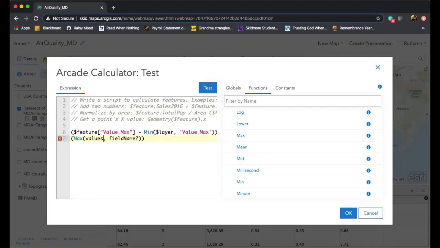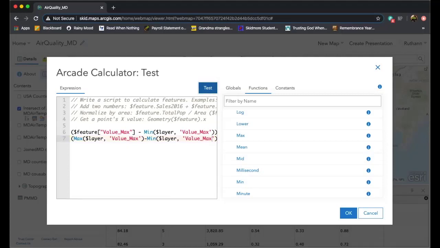So max, again, gonna be layer, value max, minus min, layer, value max. Read it over, make sure you did it right, and you have all the parentheses that you need,